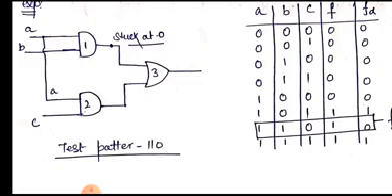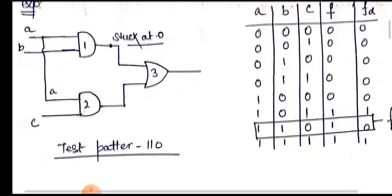For the last combination, the seventh combination, when A is 1 and B is 1, we get a 1, but since it is stuck at 0, we get a 0 output. Okay, so come to the next point, A and C. When A is 1 and C is 0, we get a 0. So 0 into 0 is 0, and 1 into 0 will get a 0.